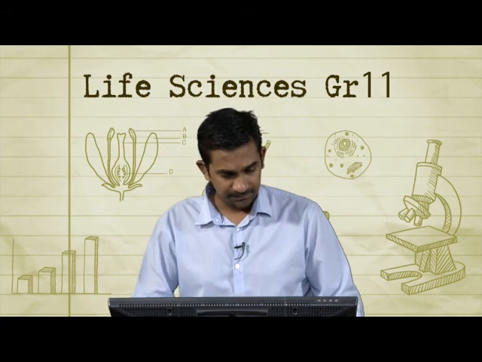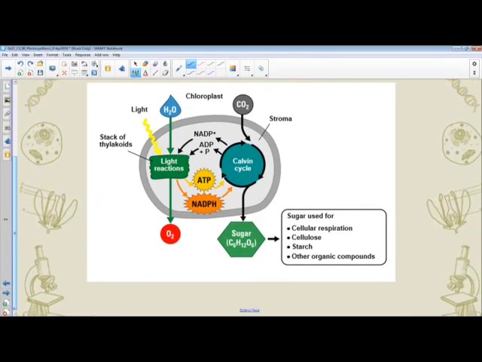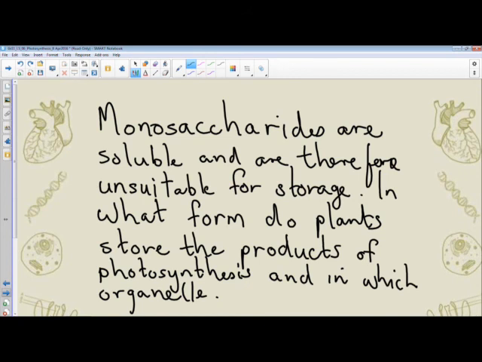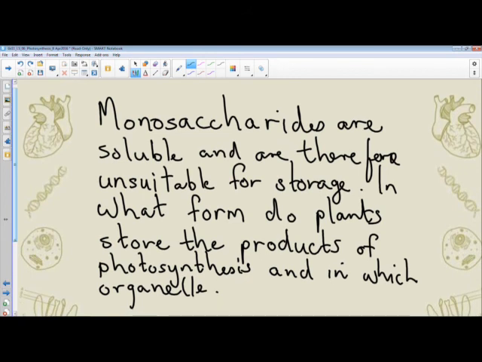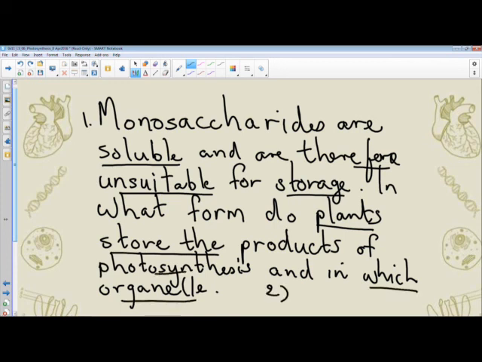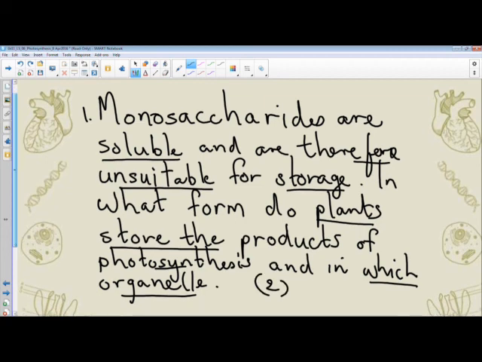So again, we move on through this diagram, but it relates to whatever we've been doing thus far. So the question reads, monosaccharides are soluble and are therefore unsuitable for storage. In what form do plants store the products of photosynthesis, and in which organelle? So this is a 2-mark question. So I'll read the question again. I'll try to explain the question so that you